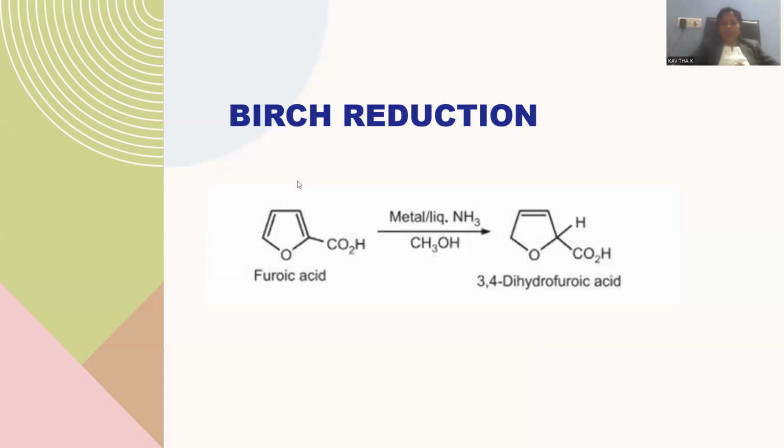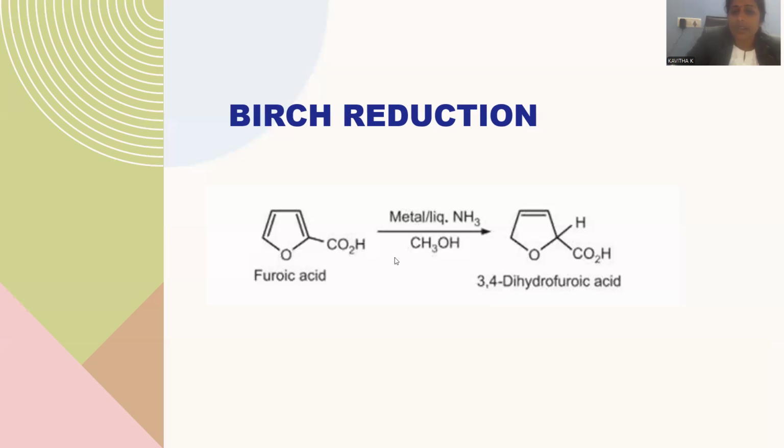Let me go with the named reaction called Birch reduction. Birch reduction is a controlled reduction, or we can also denote it as partial reduction. Metal lithium dissolved in liquid ammonia is the combined reagent. In order to perform this, 1,4-dihydro alkanes will be generated. Here are the 2 double bonds, but when 2 double bonds are present, the first position and fourth position are hydrogenated, and 2 double bonds are condensed into 1 double bond, being a partial reduction, so that 3,4-dihydrofuroic acid will be